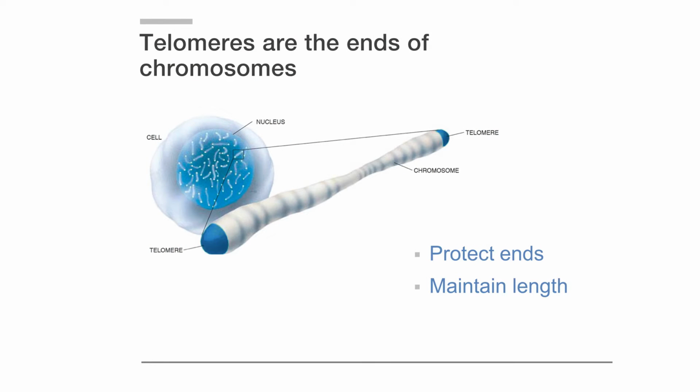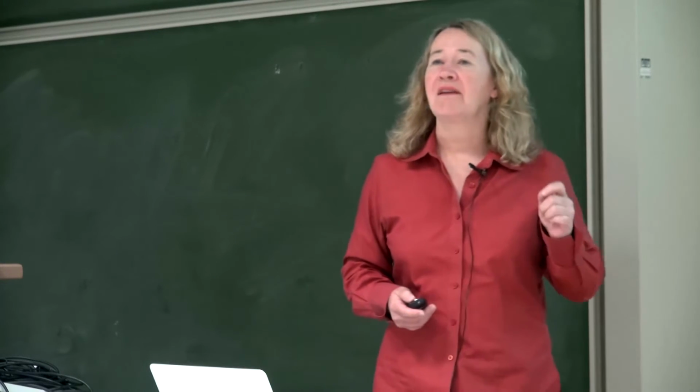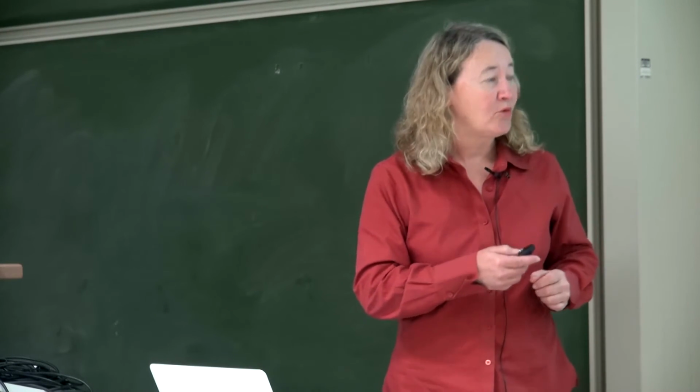So to start at the end, that is the end of the chromosome, what we're very interested in, if you look inside the cell, you have the chromosomes, and probably most of you in the room study the various components that are along the length of the chromosome. But what we're going to focus on here is the telomere, or the part that protects the chromosome end. So telomeres have two essential functions. First, to protect the chromosome end, to protect it from degradation by nucleases, to protect it from recombination and joining. Telomeres also have to maintain the length and the integrity of the chromosome, and we'll be talking a lot about